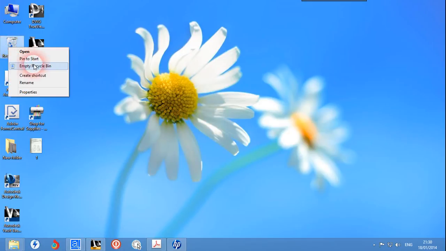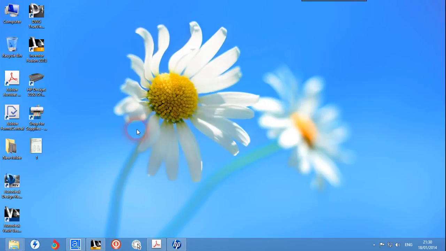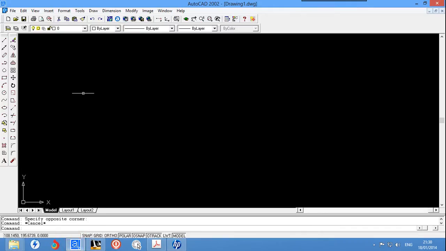So let's begin first with the commands of AutoCAD. This is the screen of our AutoCAD, where we will work and draw our drawings. These are the tools we use in drawing, and here there are